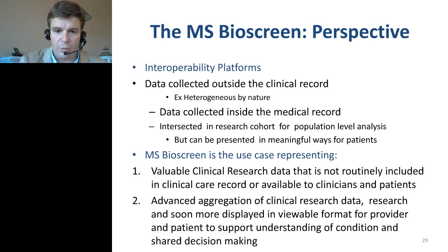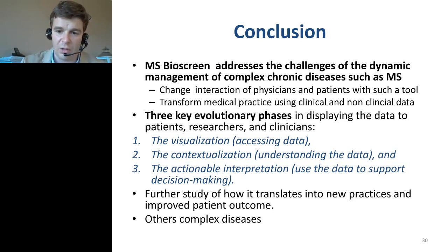So what we also have in here is really the challenge of making the Bioscreen work on different kinds of platforms, including different kinds of EMRs, like a solution that would be plugged on top of a database using different kinds of data. And so the Bioscreen has really the power to use the clinical research data and make it more usable than it typically is, and promote standards of integration.